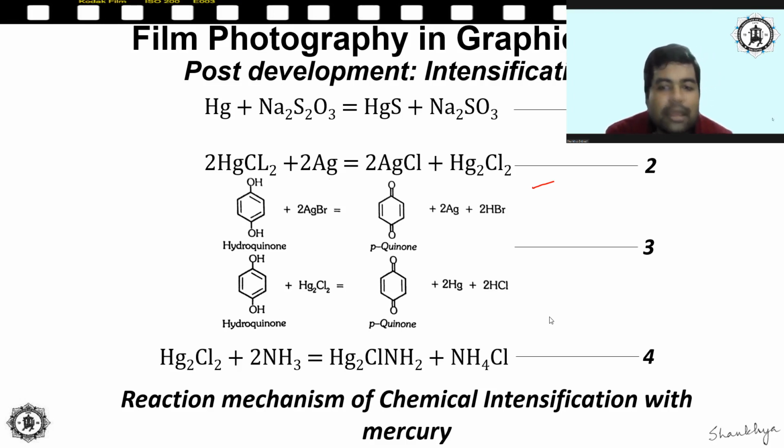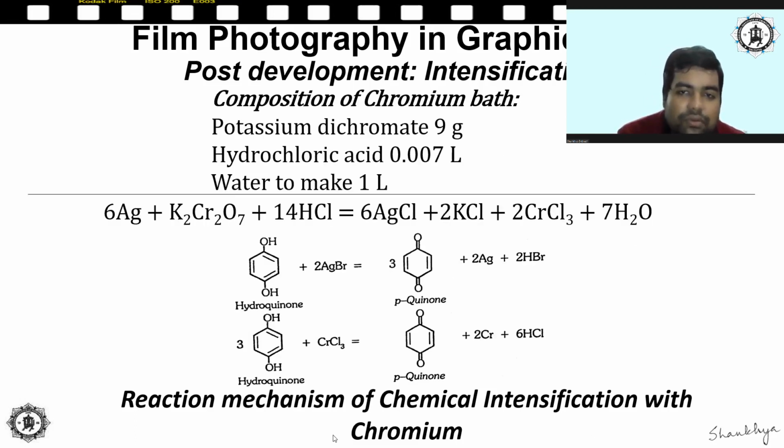So as you can see in front of you, these are basically the reactions that you see. So first thing is to amalgamate mercury with silver and then deposit that onto the white image areas, so that the image may be intensified. Going into the detailed reaction is not necessary over here. Just to get a basic understanding of this principle is fine.